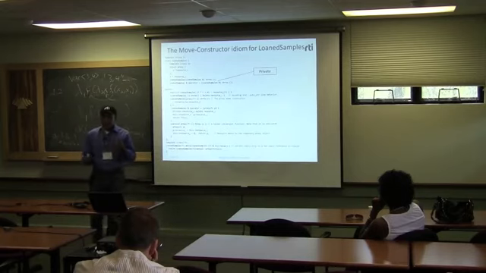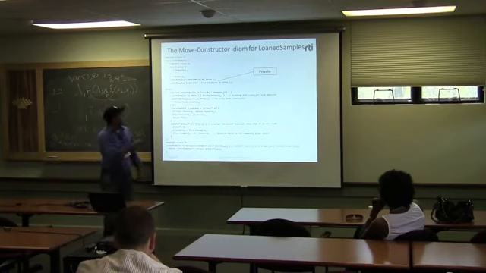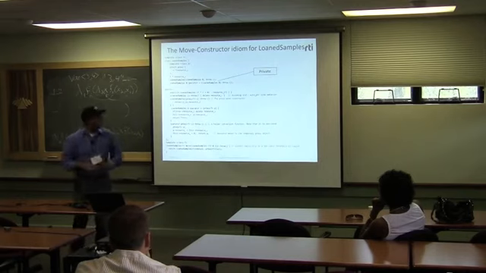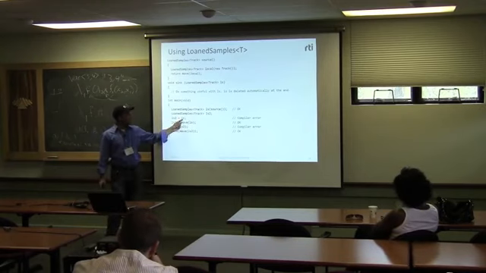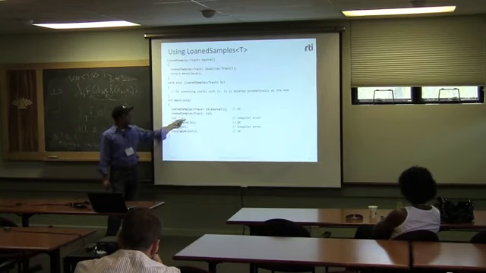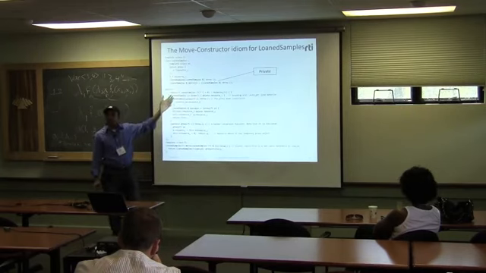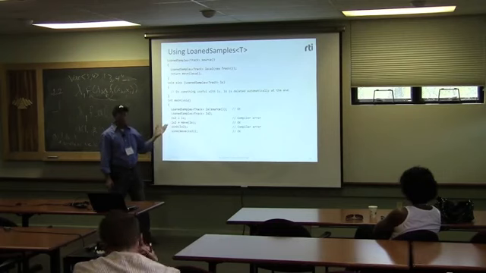So let's take one example. Let's take an assignment of one LoanSamples to another. This one is private. So let's take this example. You have a named LoanSamples object that you want to assign here. That's not going to work. To make this compile, the compiler will look up this function and will say, sorry, that's private, can't use it. But if you add this, a move, then the compiler is happy.